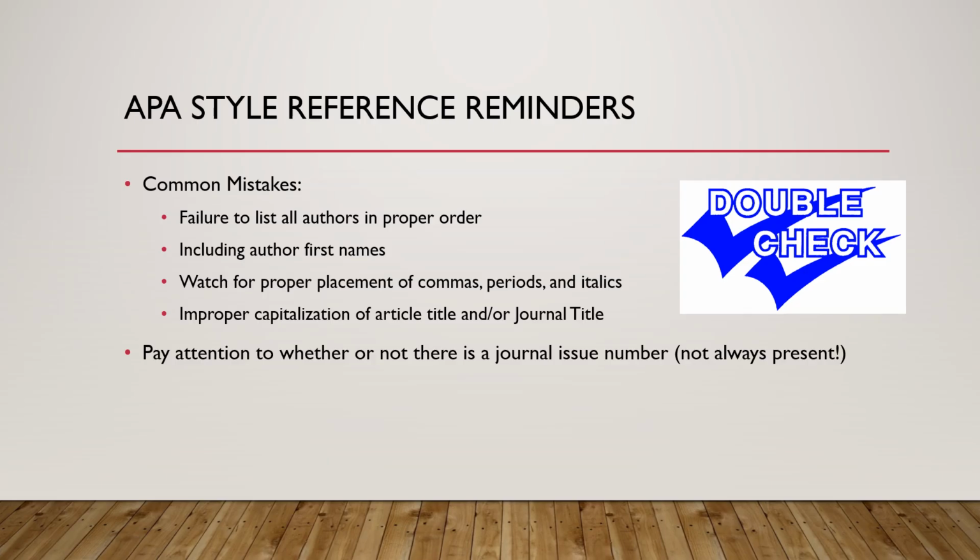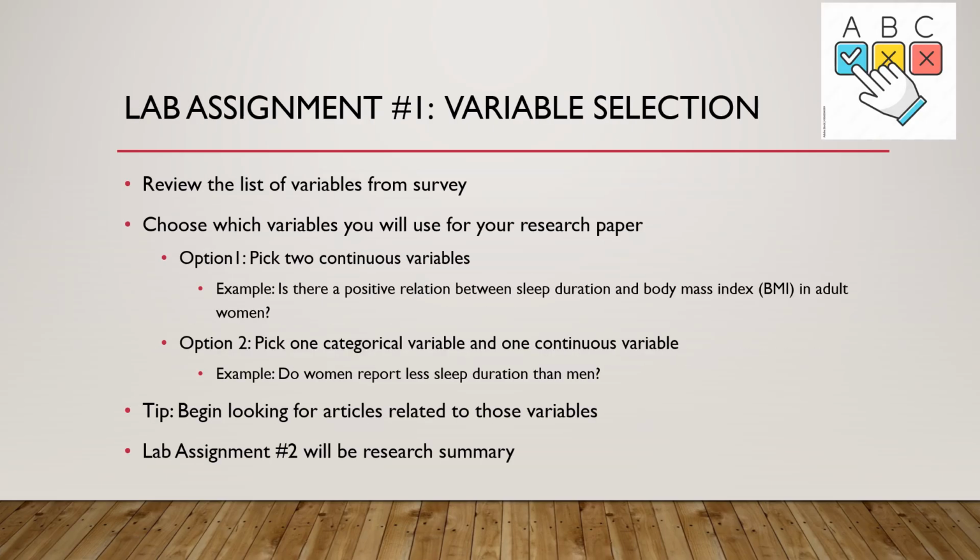It's not always there. Some volumes are published back to back. There's no separate numbers for the issues, so you don't have to include it unless it is actually part of the journal article. Whew. Now that you guys are experts in how to do an in-text citation and make a reference list,